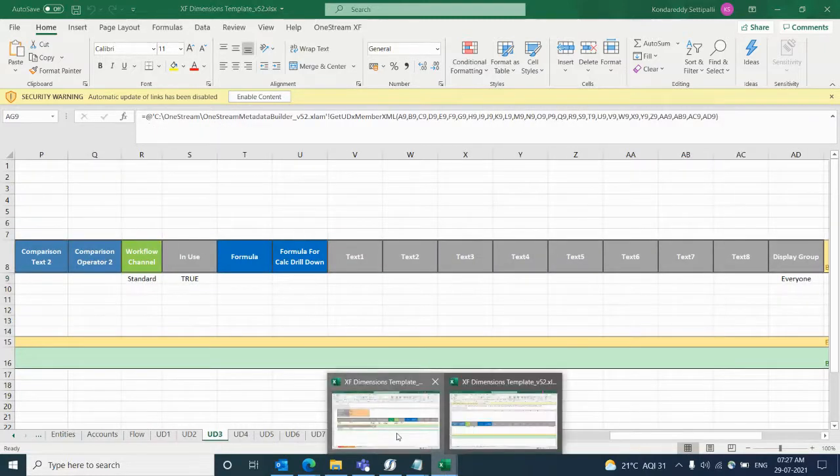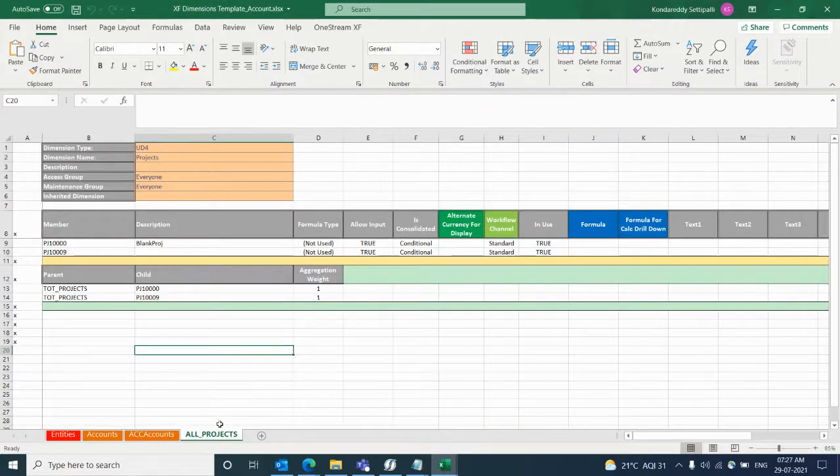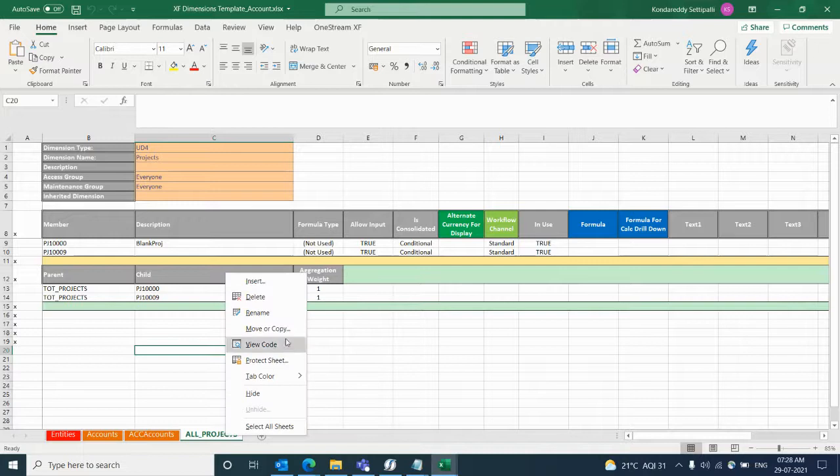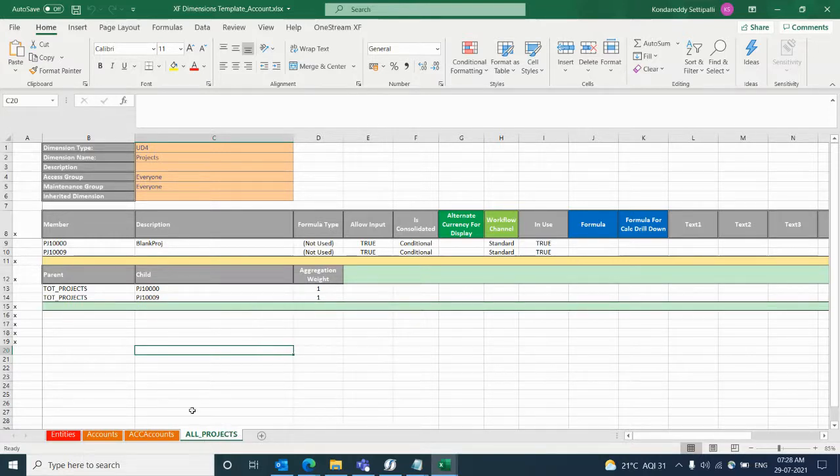So why have we given only one? Because the properties are the same. Since we are only using one sheet for preparation, we have kept only one sheet. If you want to create for UD2, just copy paste and then rename it. And you need to rename this one also. Keep it in mind. I'll talk about these fields now, what fields we need to update before generating an XML file.